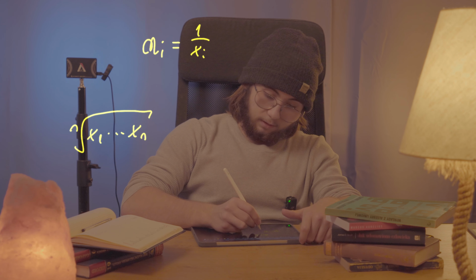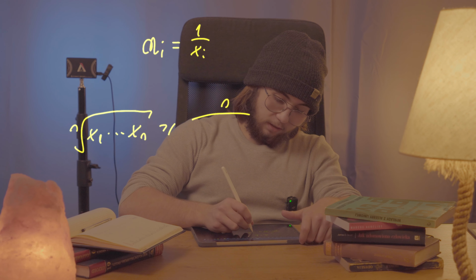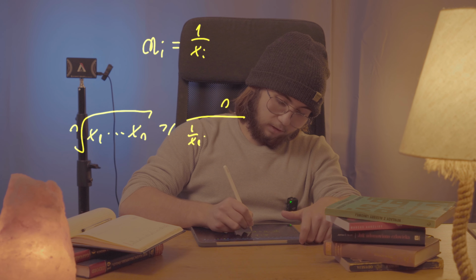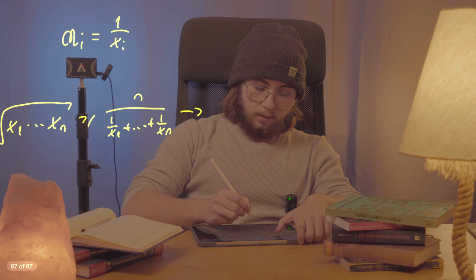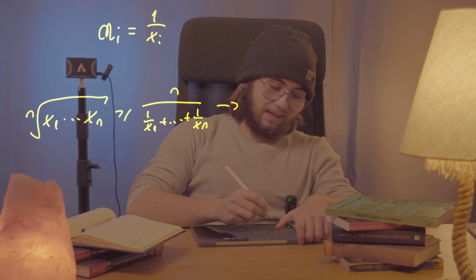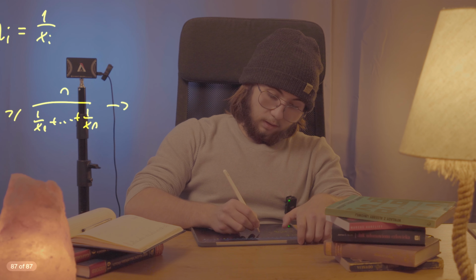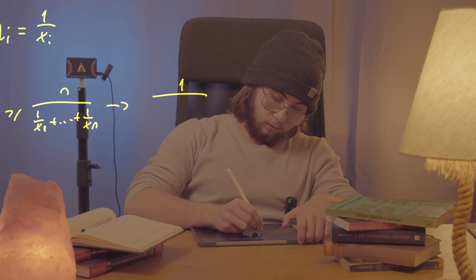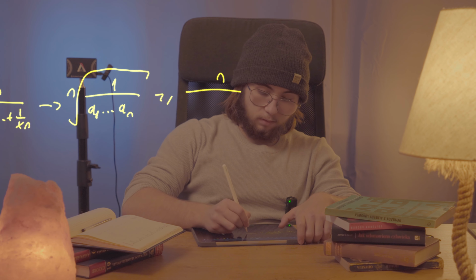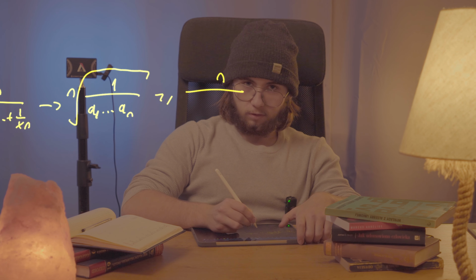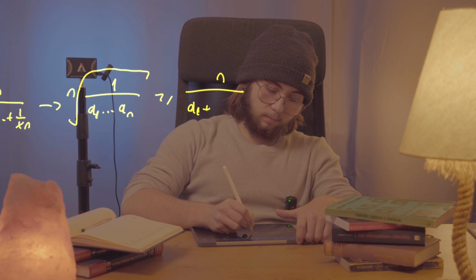the statement I had here is going to drastically change into something like this. Let me first of all rewrite the original statement. Okay, right over here. So it's going to change into something like this. The nth root of the product of all of the xi's is going to change into the reciprocal of the product of all of the ai's, sorry, but it's still under the nth root, and it's supposed to be greater than or equal to n divided by the reciprocals of the x's, so that's going to be a1 plus